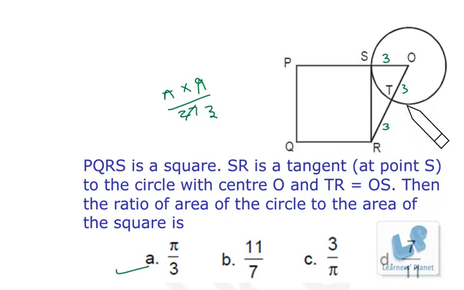This is 36. So 6 square is 36, 36 minus 9, so that's 27. That is, SR will be root 27 according to Pythagoras theorem, because this angle will be 90 degrees. The angle between the radius of the circle and the tangent is always 90 degrees. We should be knowing that. So this length will be root 27. So the area of the square will be 27. So that's 27 over here, and the area of the circle is pi r square. So pi into 3 square. Just cancel it, you'll be getting pi by 3. Okay.